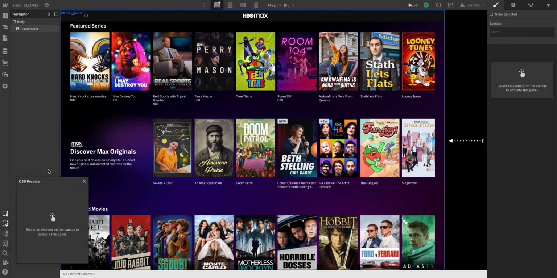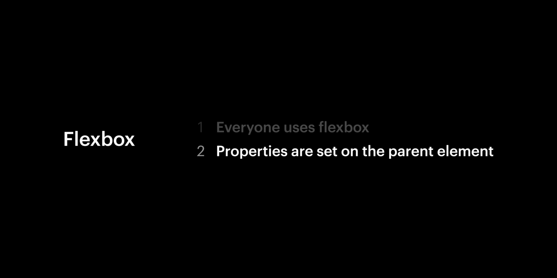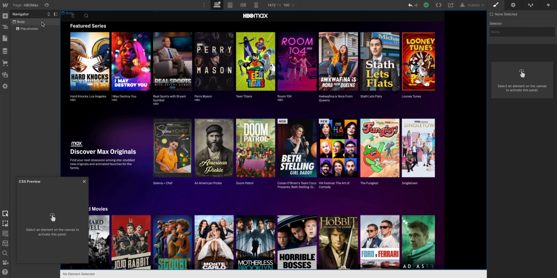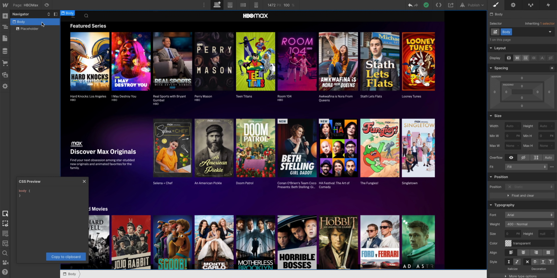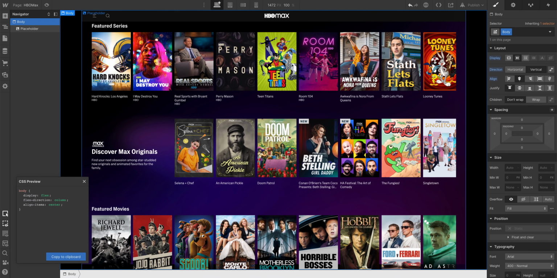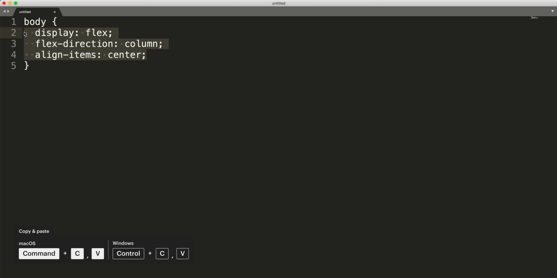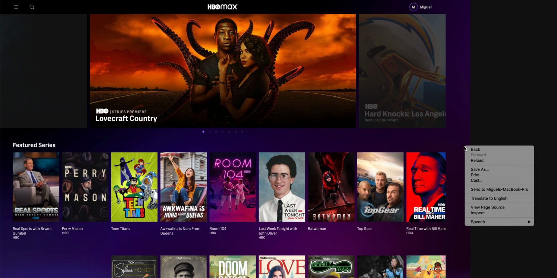It's chunked over to the left. So what do we do? Well, everyone uses Flexbox, check, something, something, the parent element. Let's do that. Select the parent, that's the body. Let's go over to style it. Let's set the body to flex. And we know we want any sections on the page to stack vertically, but most importantly, we want to align to the center. And all we do is just copy this code. Now, we could export this whole thing, but we're just going to use Sublime Text here to copy the CSS properties we need. And once we do, it's time to fix HBO Max.